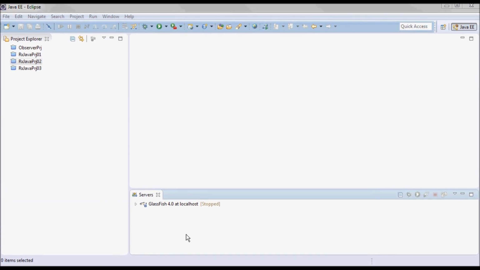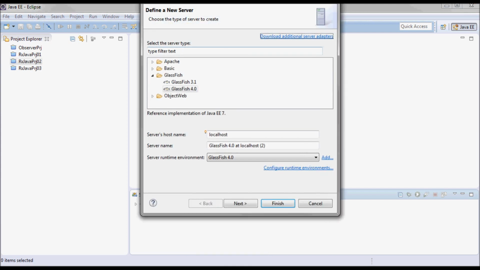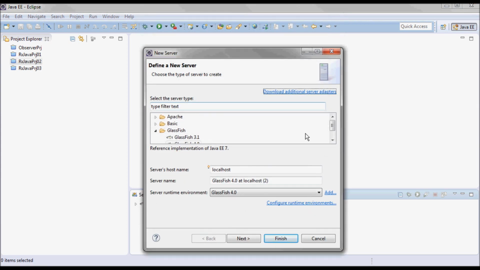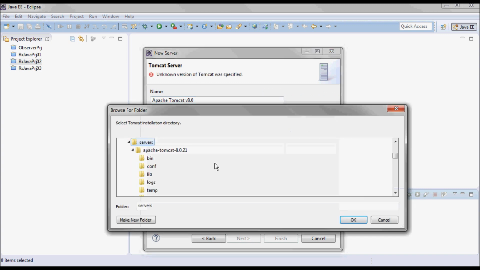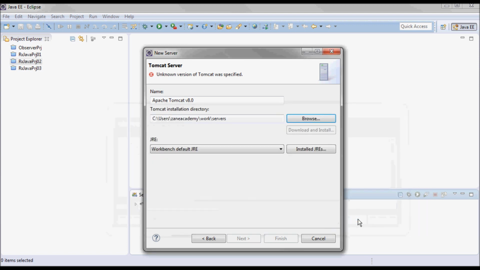And I will also set up and run the same application on Tomcat 8, which I have under the servers directory. And I will be using JDK 1.8.